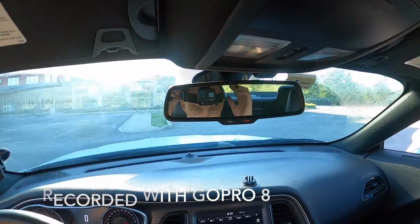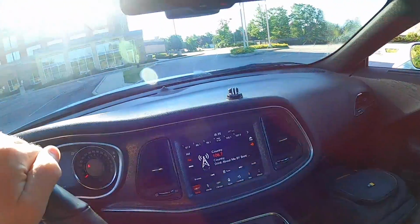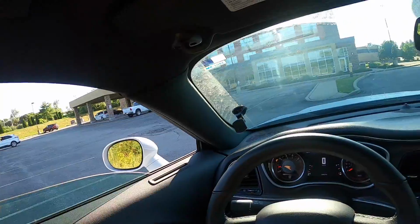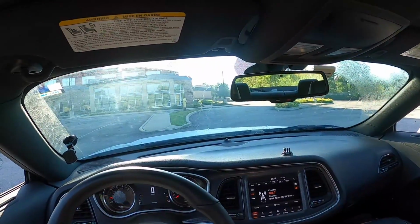Boys and girls, we're recording with the GoPro. You can probably see me, the top of my head in there. So I figured, I'm just leaving my hotel, driving back to Cambridge. I figured this would be a good test, because that's what I use my other two GoPros mostly for,